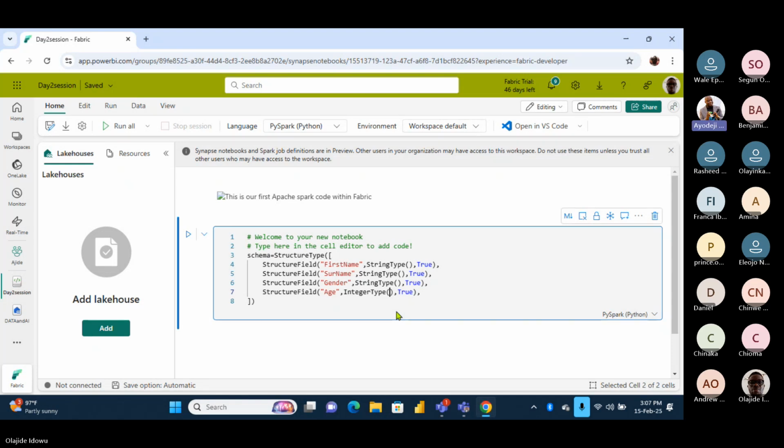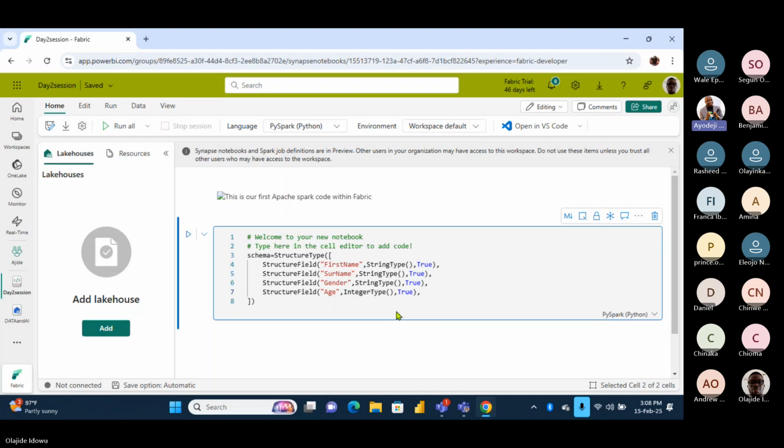Now, before you can define a data frame, there are 2 things involved. Number 1, you must have the structure of your table. I told you, you can inherit the structure of a table. Let's assume Jide is going to work with a CSV file shortly. He's going to look for a CSV file in the system. The column names of that CSV file will be inherited.